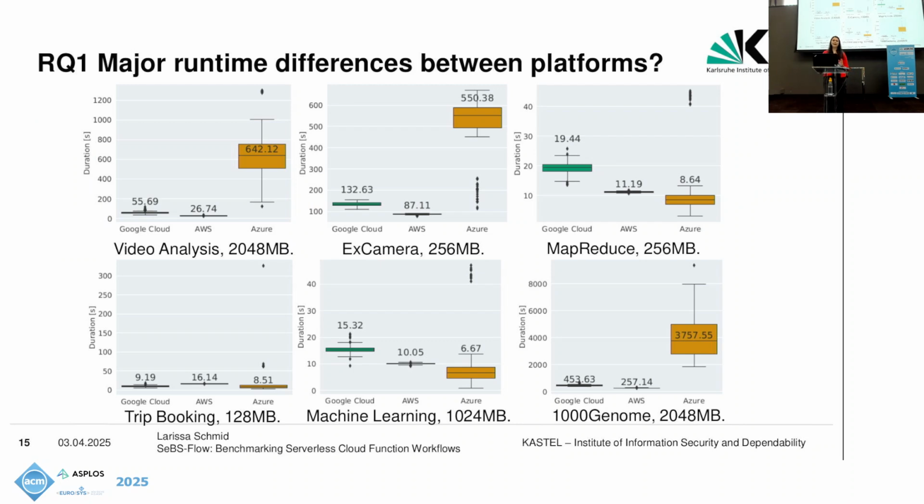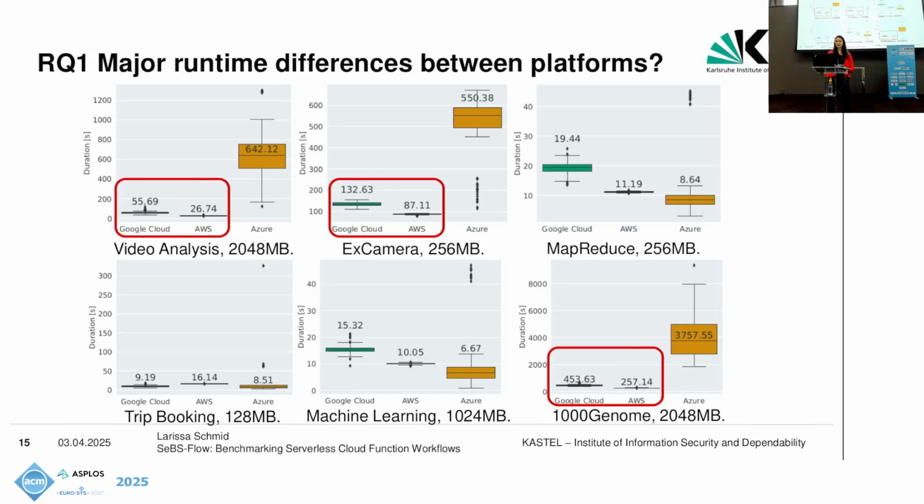So now let us look at the major runtime differences, where I'm showing here a different plot for each benchmark, and on the x-axis you can see the different cloud platforms, and on the y-axis the duration. There are several things we can notice here. First, we can see that AWS Step Functions is the fastest workflow platform for 3 out of our 6 benchmarks. And while Google isn't the fastest platform for any of the benchmarks,